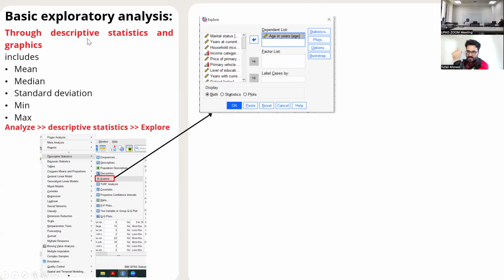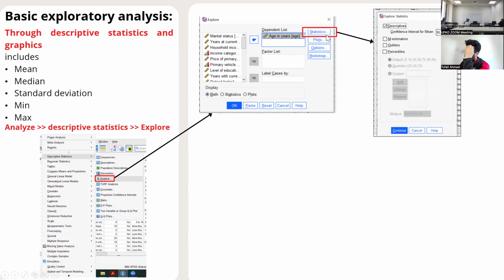When you go to Analyze, click Analyze, then go to Descriptive Statistics. You have Frequencies, you have Descriptives, and when you click Explore and add a variable into it, you will see the trends in that specific variable. Let's say I want to see the age. When I click age, I can click statistics. I can have descriptive statistics.